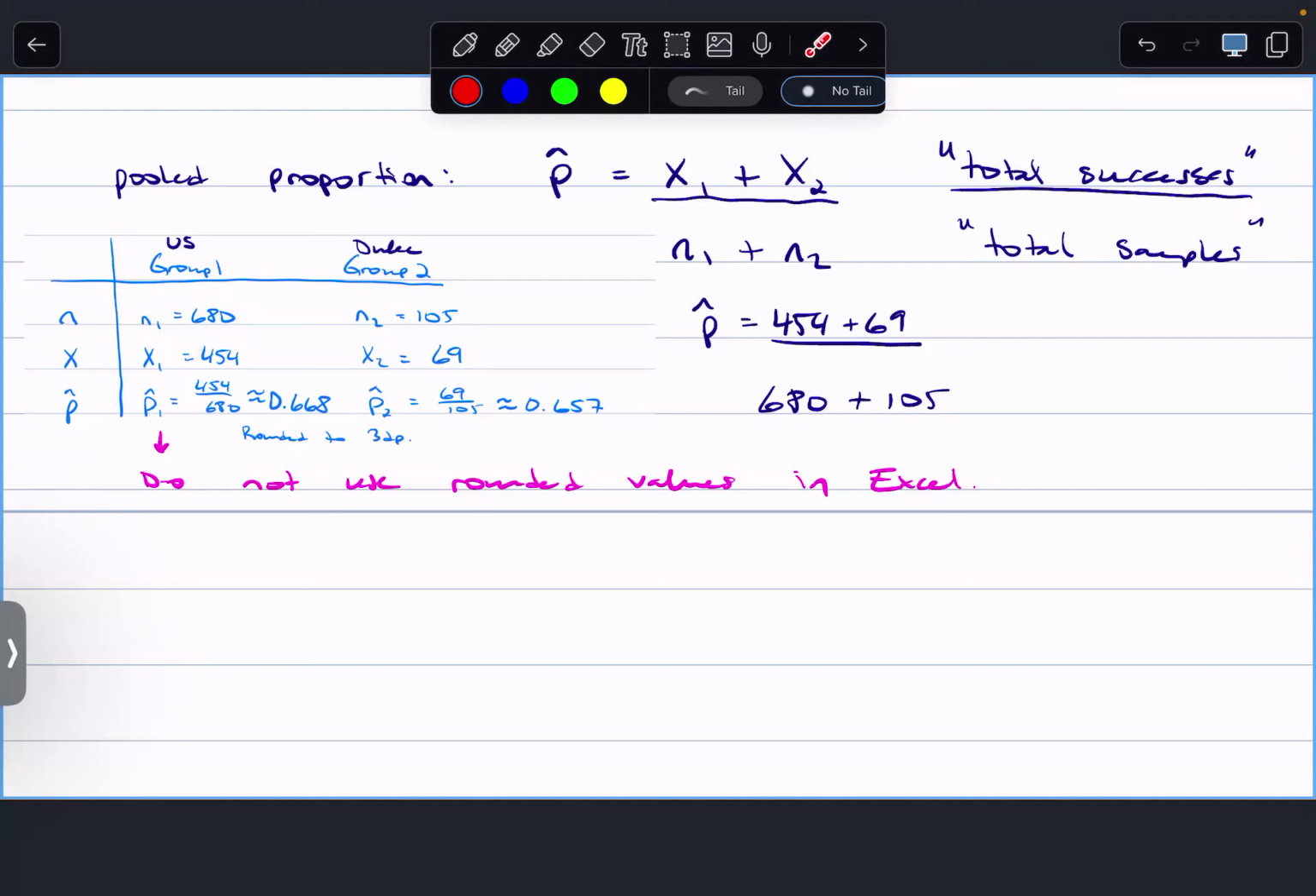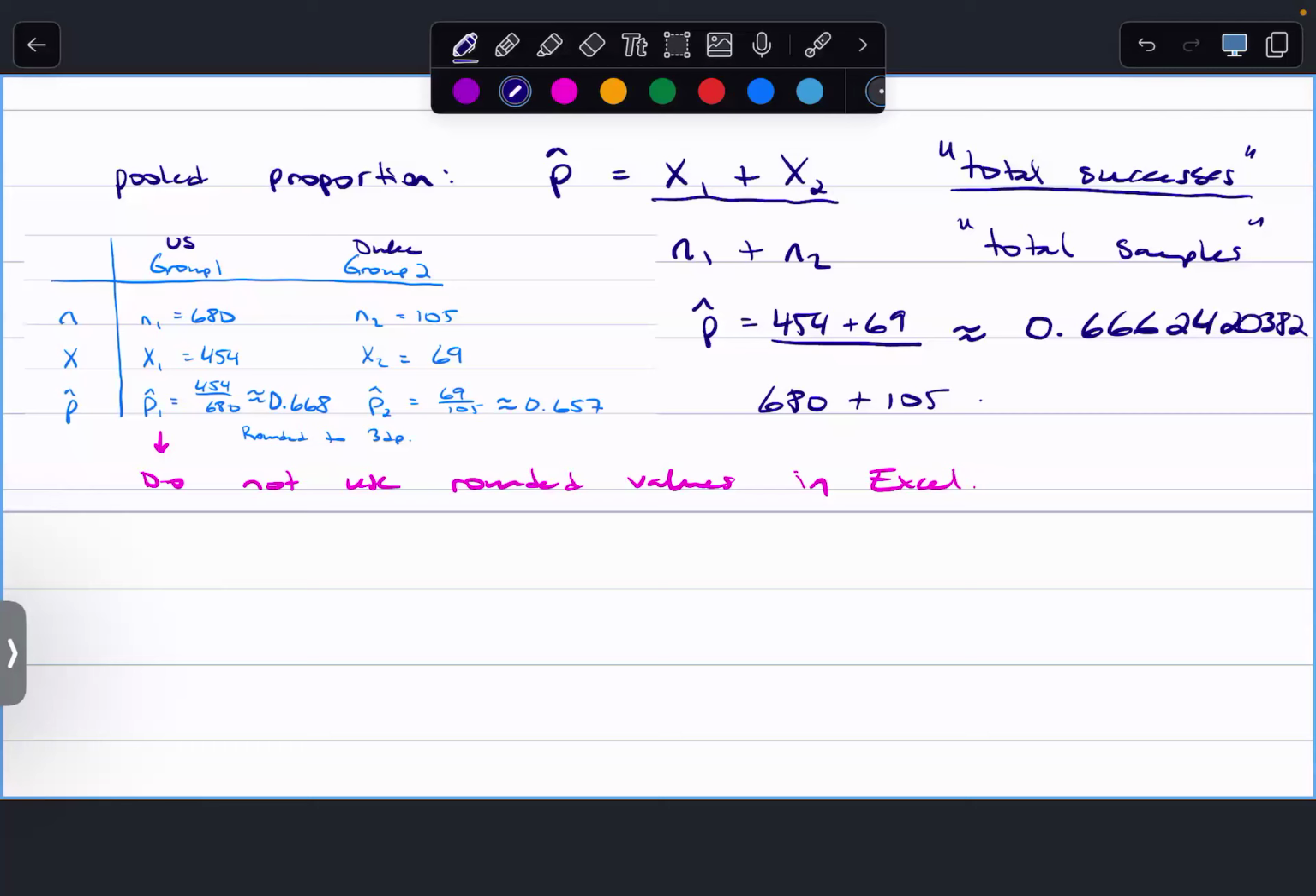I should do it on the Desmos calculator, but this one's so itty bitty, I'm just gonna do it on mine. 454 plus 69 divided by 680 plus 105. I get a pooled proportion of 0.666242038,